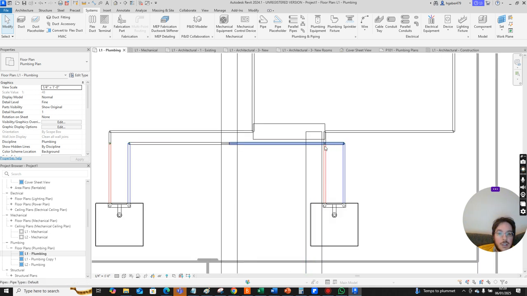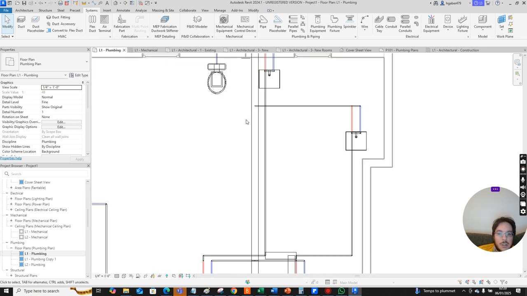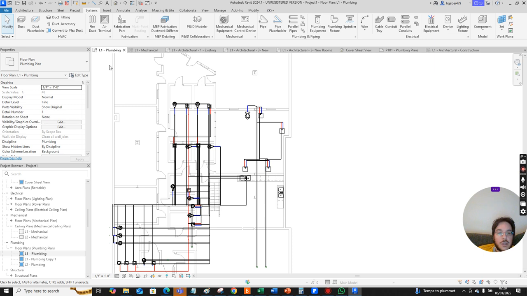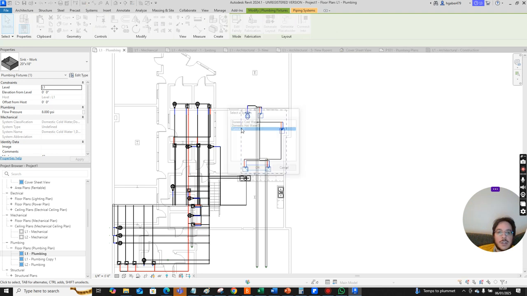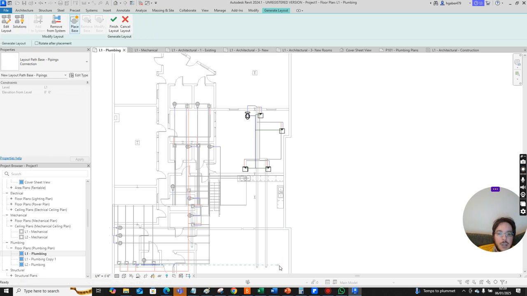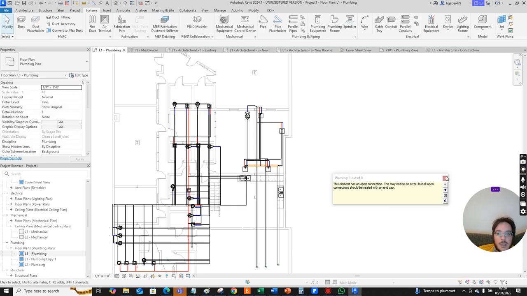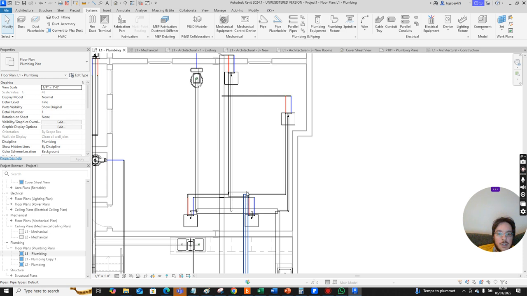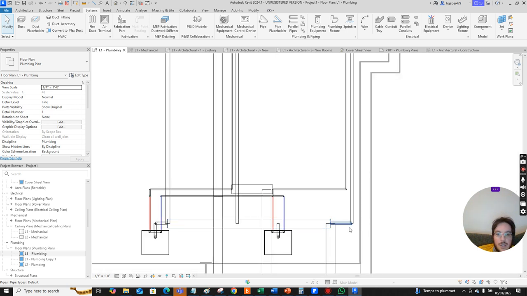Now this can get cluttered, so you might split this into multiple drawings if you wanted to, because now you also have to do the sanitary. So I do this, I check this, and then I do this a third time: generate layout, and then I do sanitary, and let's say the sewer is right here. So now I've got my sanitary line, and I finished my layout. So now I've got 3 piping systems, and they're okay, but they're not